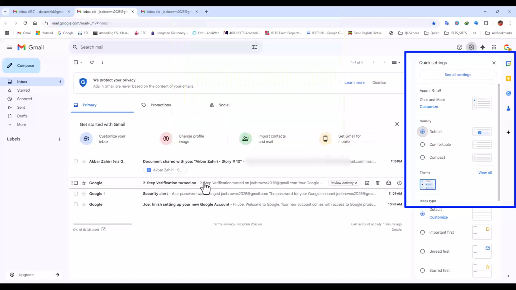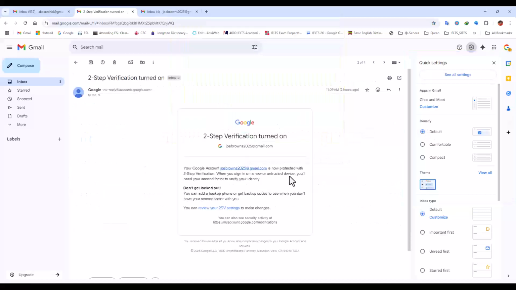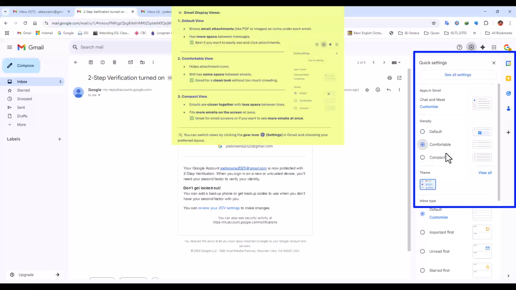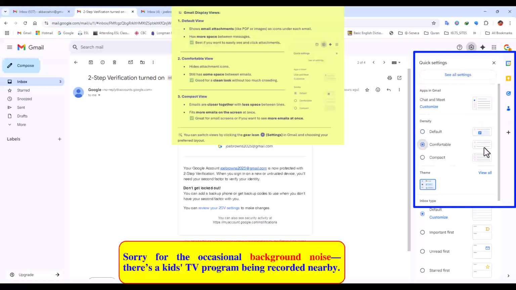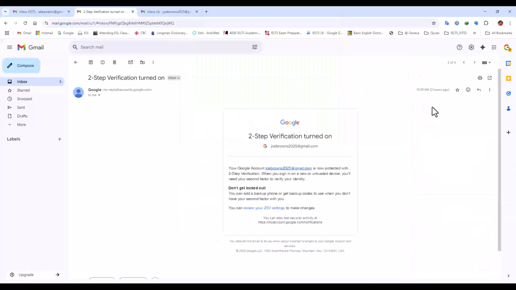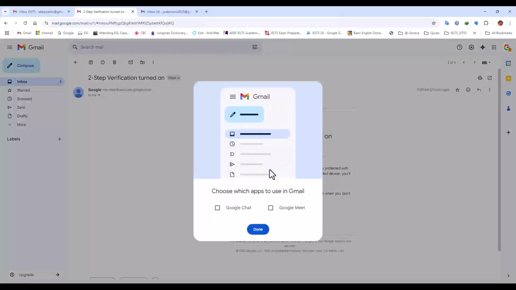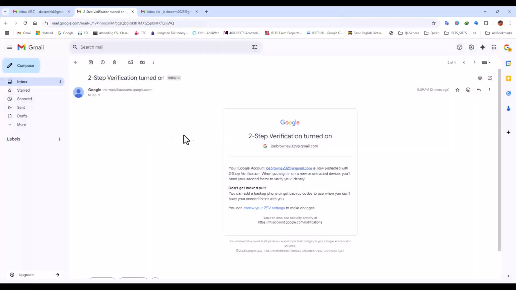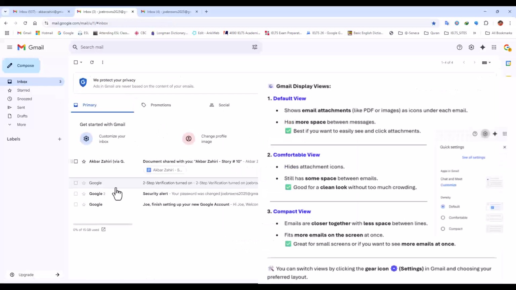If I click here, for example, and open a letter, it will show like this. But if I click on comfortable, as you see, it will change to like this one. And also here, as you can see, it has changed some of the folder options. And if I click on compact, as you see, it is compacted even in the file. But it is better to have it on the default one. You can even customize it if you want. I can come and customize the different view, but I don't want to change anything. I want to have the default one.